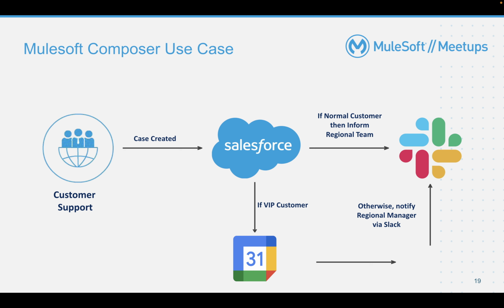So for that reason they would have different case handling mechanisms for VIP customers, and for the normal customers they would also have different case handling mechanisms. For today's demo, these case handling mechanisms can become complex, but for the sake of time and understanding I'm just going through this simple scenario. So my service team actually creates a case in my Salesforce organization. Okay, so when a Salesforce record is created, I want that if the customer is a VIP customer, then I